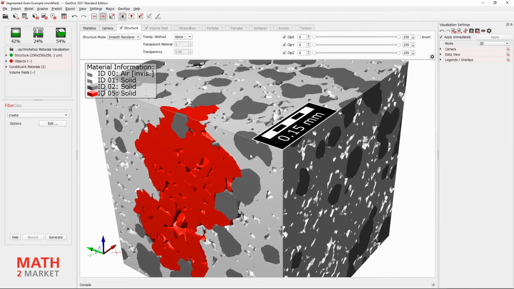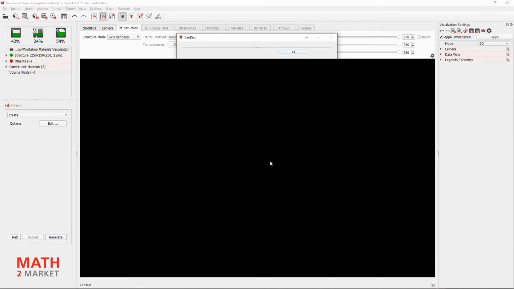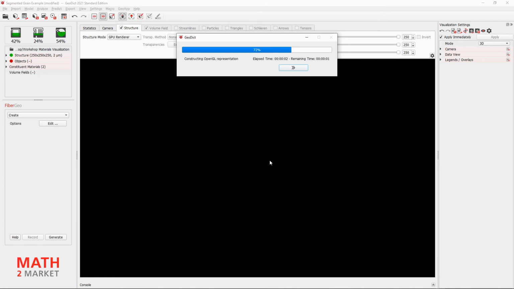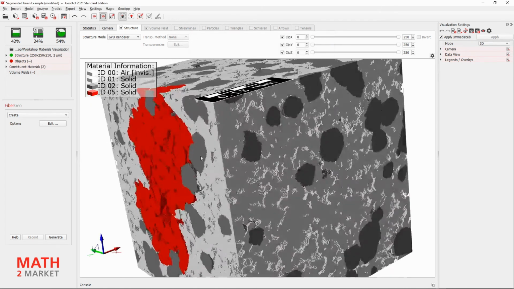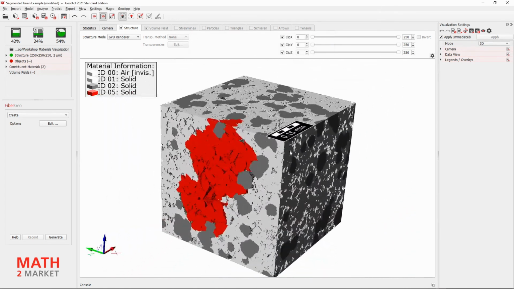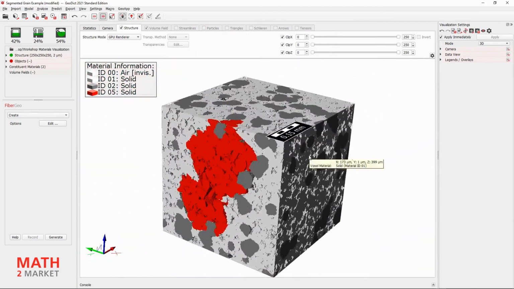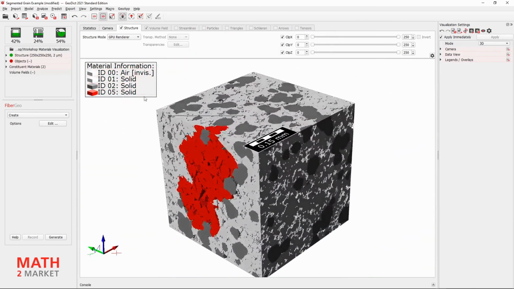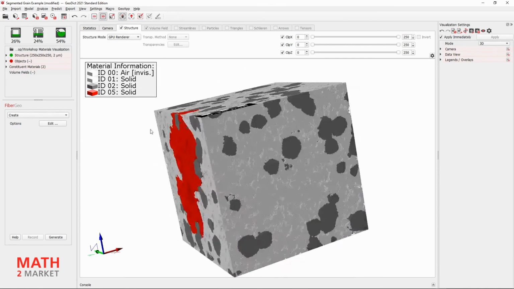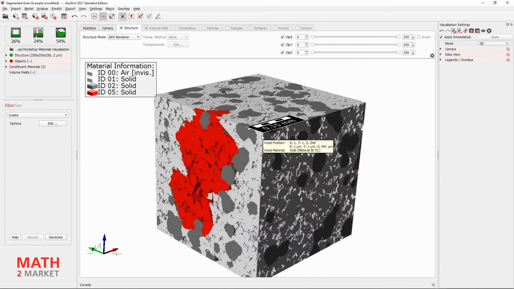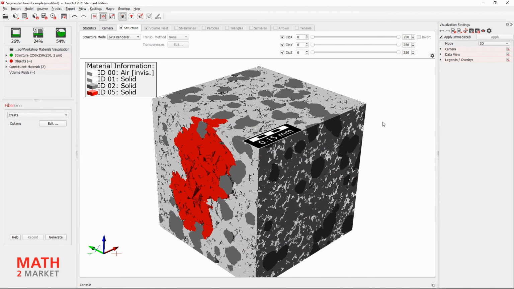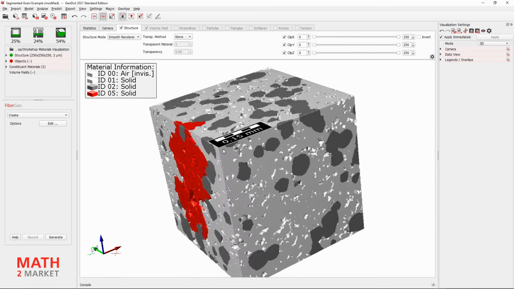We also have a GPU-based renderer that displays the microstructure as voxels. It is much faster than the box renderer and the smooth renderer, which both work on the CPU. The limit here is the available graphics card memory into which the microstructure must fit with its resolution. Furthermore, not all visualization features are currently available in the GPU renderer. For our image, we are going to use the smooth renderer, so we switch back to it.